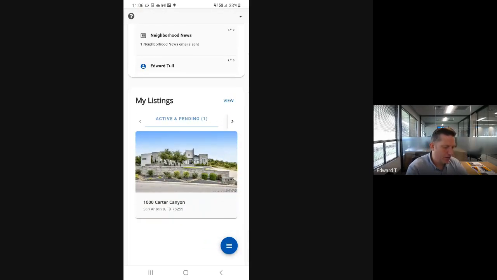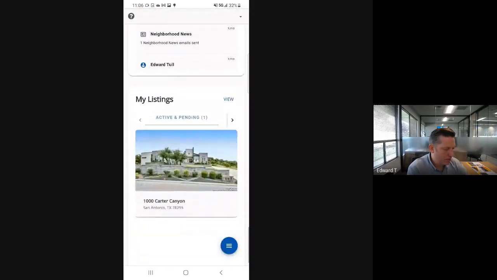And then last on the dashboard is the My Listings feed. So one of the things I like about this is a fake listing for testing purposes. But since Moxiworks syncs up with the MLS, within 2 to 12 hours after publishing your listing to your MLS or your board, it'll show up in your listings feed. And this is the listings management portion. So I'm going to test this here. If I'm going to click on this fake listing,